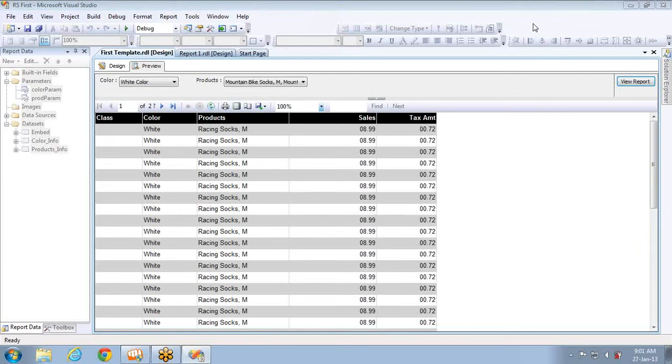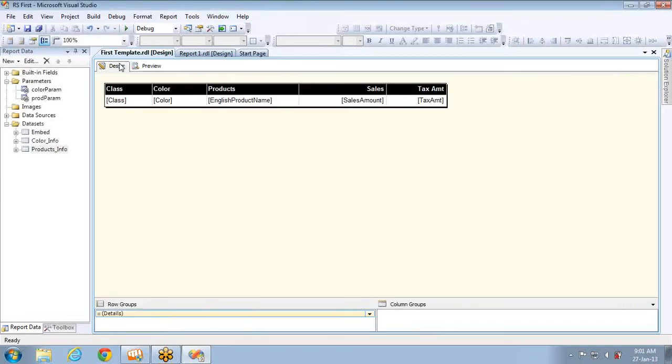This is how you can cascade 2 parameters or more. And it is not always like this, where the first parameter, the second one should be dependent on first, the third one dependent on second, and the fourth one dependent on third. It is not like that. The second one may be dependent on first, and the third one also may be dependent on first. It depends on your requirement, how your requirement comes. Now let's try to add one more parameter and see how it will work.